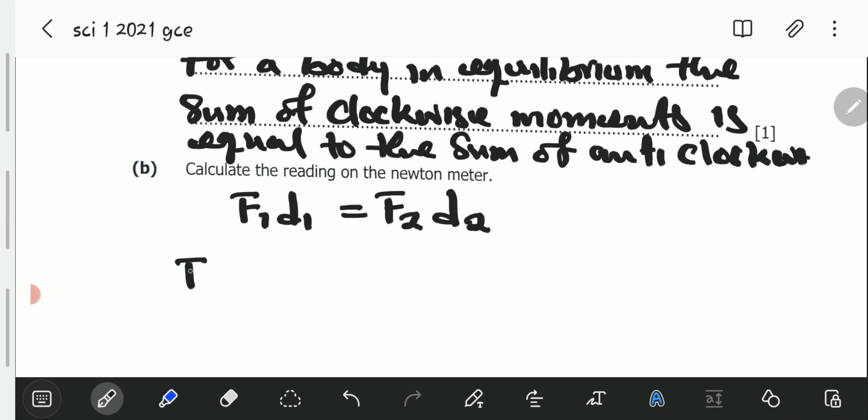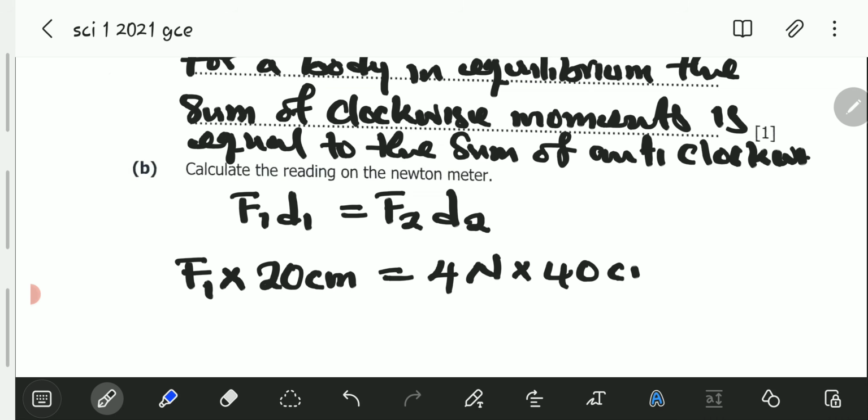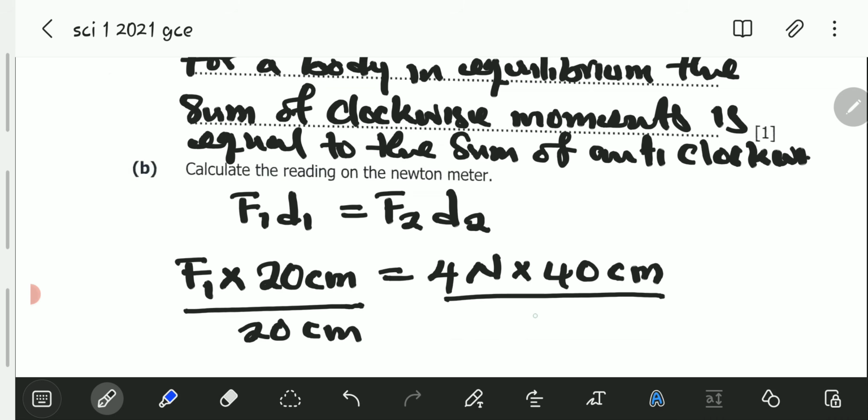So we are going to have F1 multiplied by 20 centimeters is equal to 4 newtons multiplied by 40 centimeters. So we are going to divide both sides by 20 centimeters. So the 20 centimeters this side goes, and we remain with F1. Then here, the centimeters cancel with the centimeter on top, leaving the only units